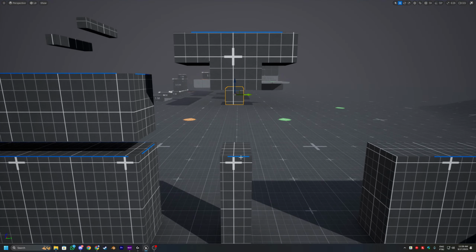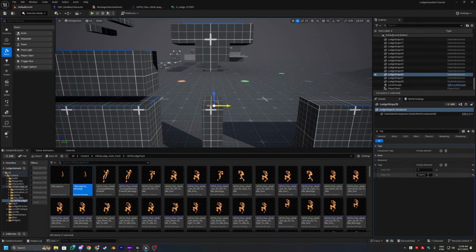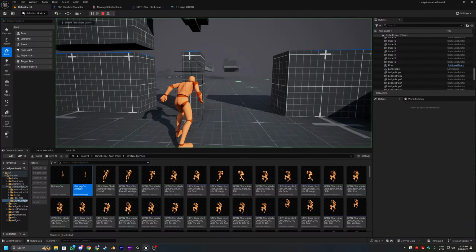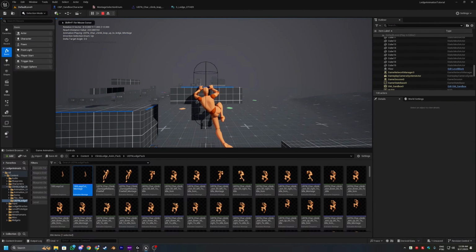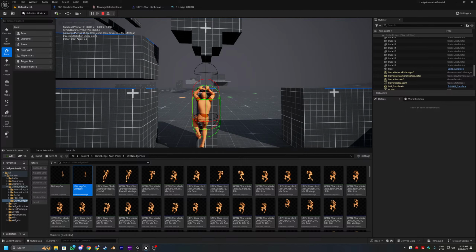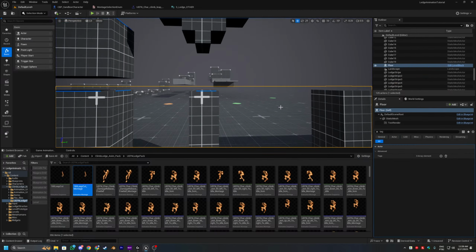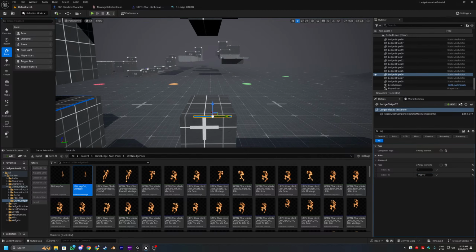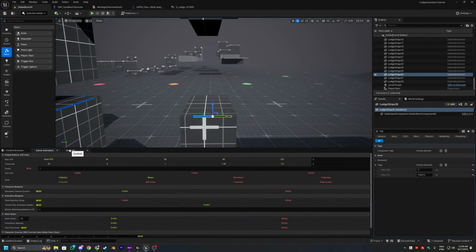So if the tag does not have the slippery tag, then the slippery animation is not going to be played. Yeah, so that's going to be it. Slippery, slippery, yeah. And to just differentiate the ledge stripe, just so that you know which one is slippery or not,